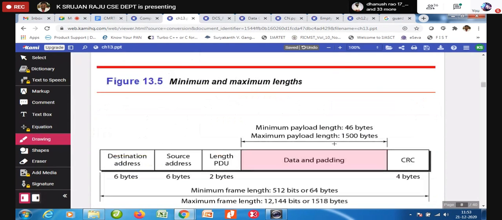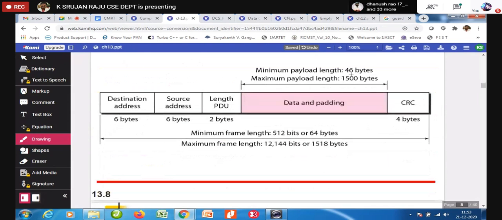So this is what I have explained to you people, that the maximum is 1500. Then minimum payload is 46. How 46? See, 6, 6, 12 plus 2, how much? 14. 14 plus 4, 18. Isn't it? So now 18, and this data maybe you can have 0.